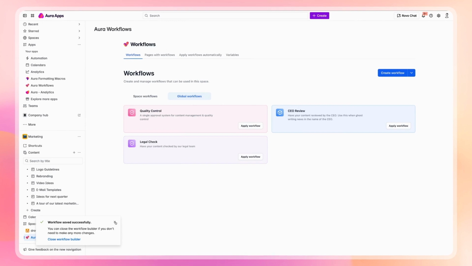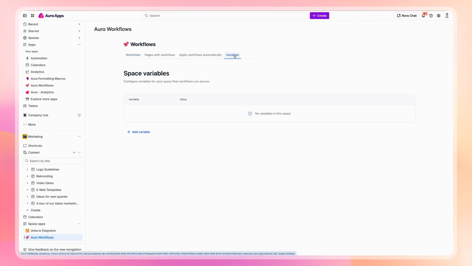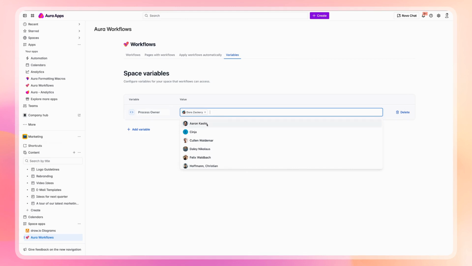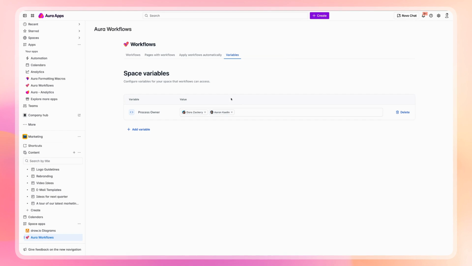In one of our spaces, go to the Variables section and create a variable for the entire space. We'll create our Process Owner variable, ensuring the spelling matches exactly what you have configured in the workflow. Here you can add one or multiple users to this variable. For this example, we'll pick these 2 users, but you can also use groups. This configuration ensures that when the workflow we've just created is used in the context of this space, these 2